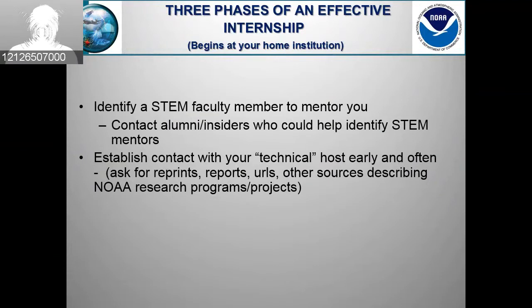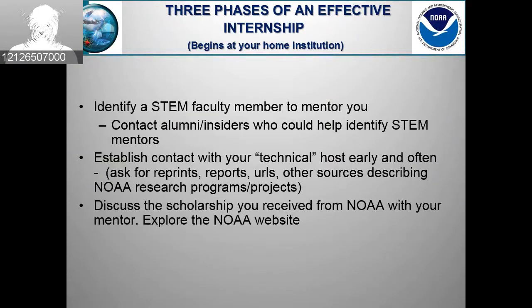It really makes your application very competitive, and try to connect with the NOAA mentor that you have, and discuss the scholarship you received from NOAA with your mentor. This is very critical for students who get the scholarship, because there is an orientation week, the last week of May. Once you get, for example, you apply and you get the award, and you are being interviewed and you get